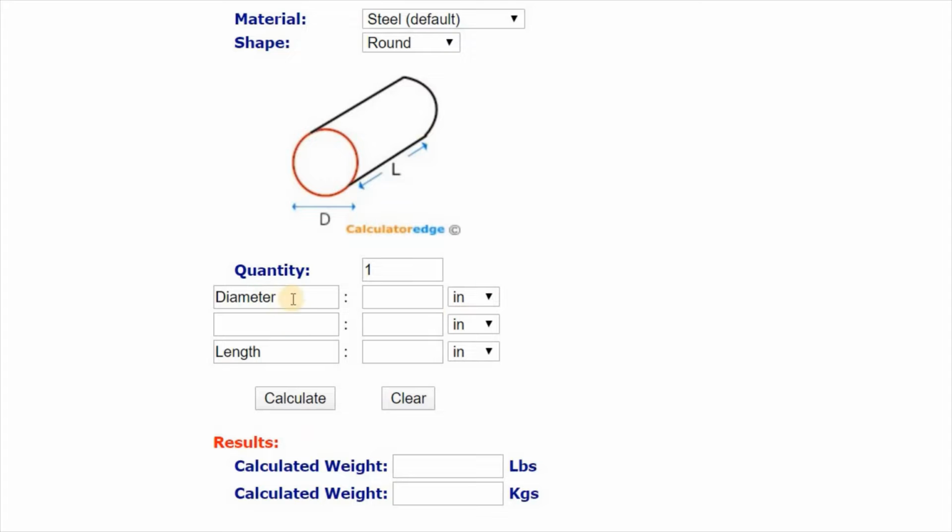Then you can give the diameter here and length here, and if you want to change the units, you can change it to either mm or inches. For example, diameter is 22. The length of the component, for example, if it is 50 mm length, we should consider as 53 mm, because once you go for parting or facing and any kind of operation, you should have some allowance. So if I put 53 mm, it will automatically calculate the weight. It is 0.3486 in lbs and here it is 0.158 in kg. So once you get this weight, we can move further.